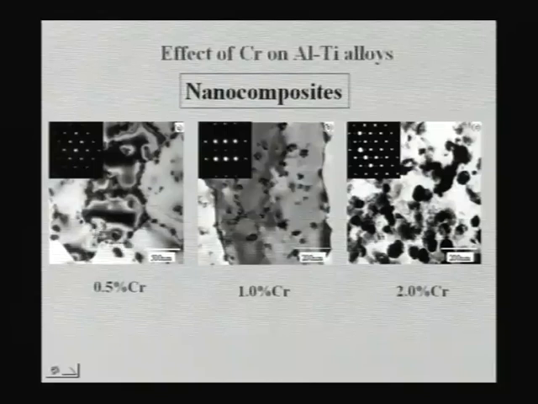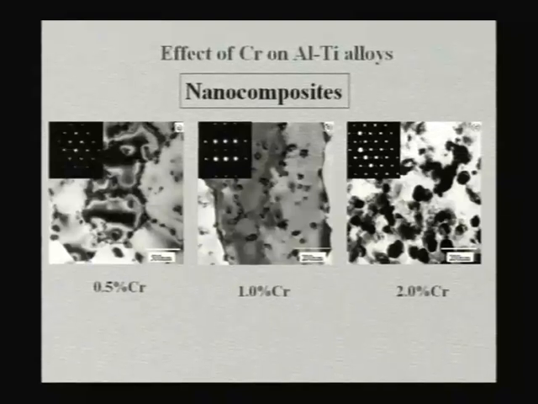For example, you can see the grain size of aluminum is of the order of 500 nanometers, that means 0.5 microns. It is very difficult to make this by any conventional route. Even if you do grain refinement of aluminum alloys by inoculation, you will never be able to achieve grain sizes less than about 30 microns or so. So you can see here one can achieve about 0.5 micron grain sizes and get fine particles here of L12